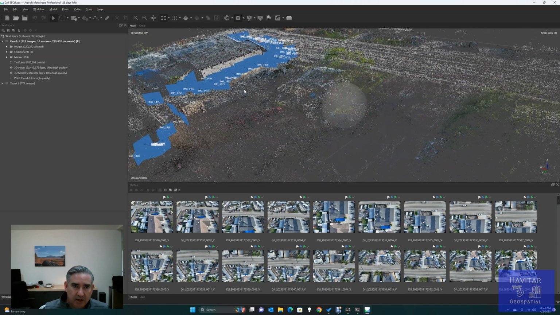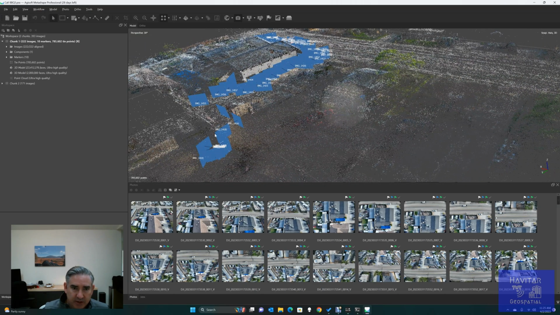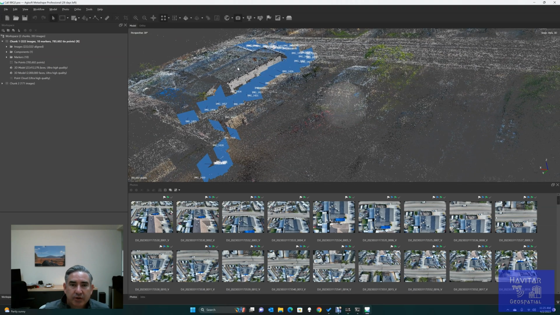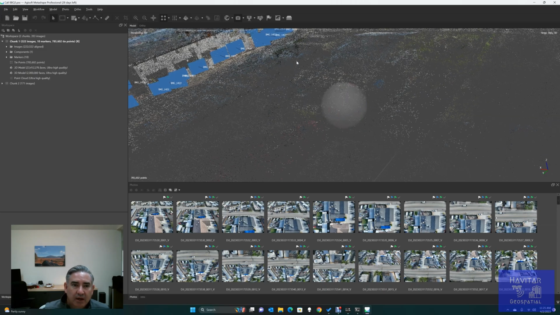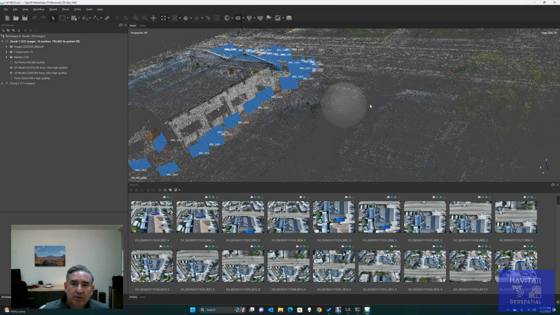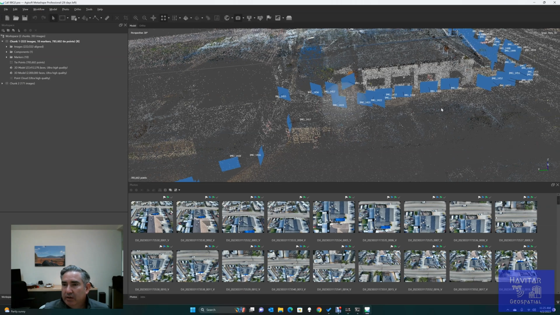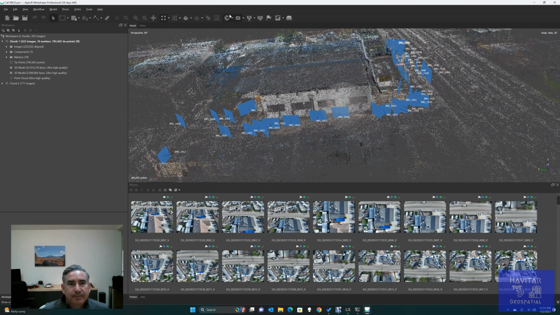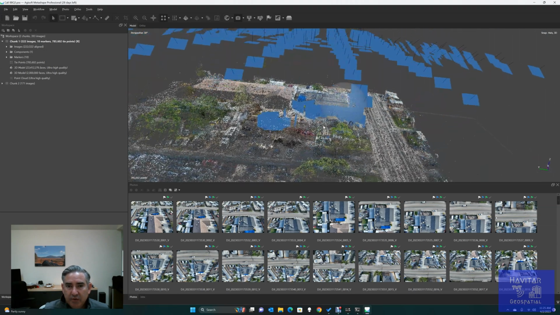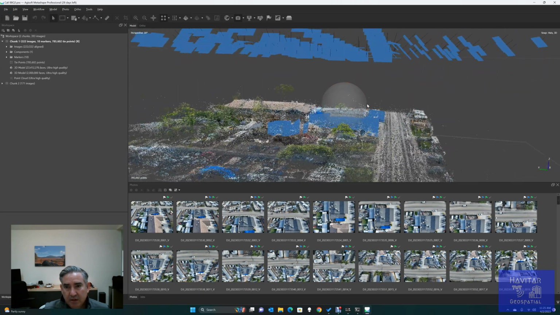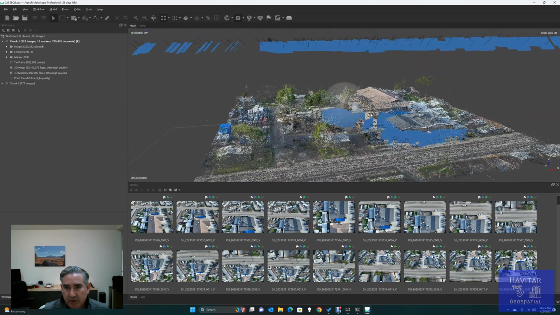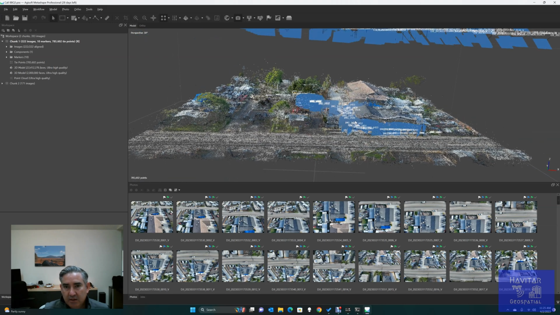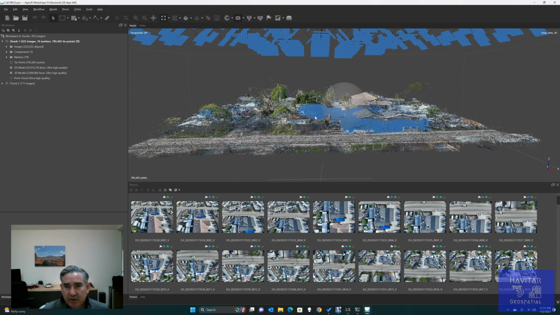I was in the parking lot, I started and took all these photos and then went around the front of the restaurant. So this is what we want to see, and all of them are also about 90 degrees, which is good, because that was the way that I took most of them. So it looks like that's in the right place. So now we have the photos in the right place. The alignment is good. We have a tie point cloud that we like,